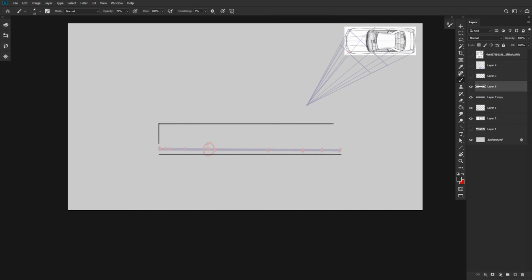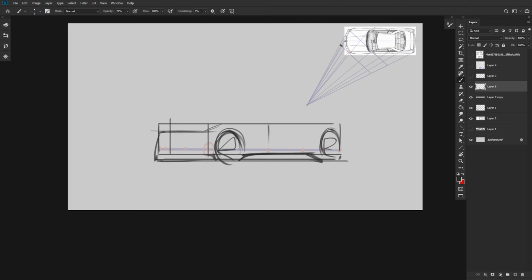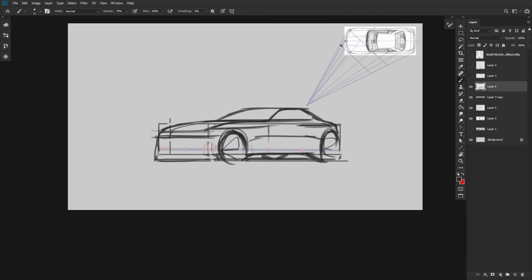The angle can be straight, as in my example, and from above. This method can be used not only for sketching cars, but also for other objects in various directions. Of course, in this case there will be proportions of a real car, but now you will definitely be sure that everything is correct and you can then change them in the direction of a better visual perception in order to get a juicy sketch.